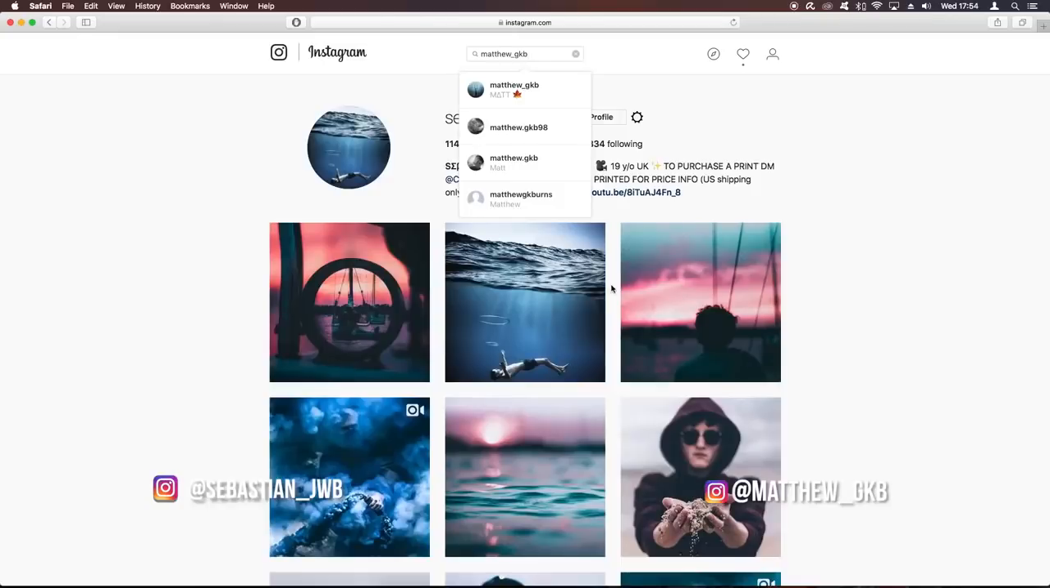So guys, we are back again with another colour grading tutorial. This one we're going to be doing a colour grading tutorial of Sam Kolder, but before we get into any of that,